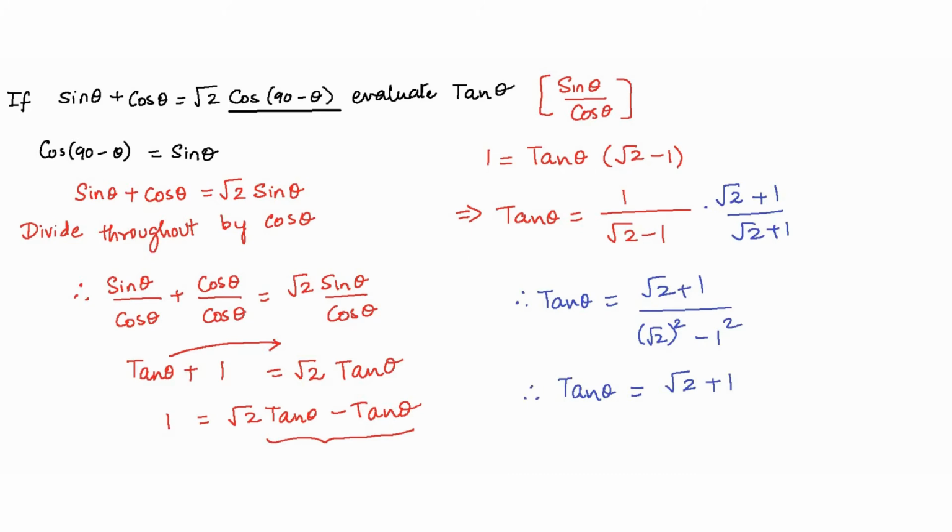So in the previous question you would have noticed that I grouped all these sine terms on one side and cos terms on the other side, and then I was able to find the value of cot theta. Over here, because I wanted to evaluate tan theta, which was basically sine by cos, I found that the denominator should be cos, and that's why I divided every term by cos theta. So when sine theta got divided by cos theta, I got tan theta. Cos theta by cos theta gave me a 1.